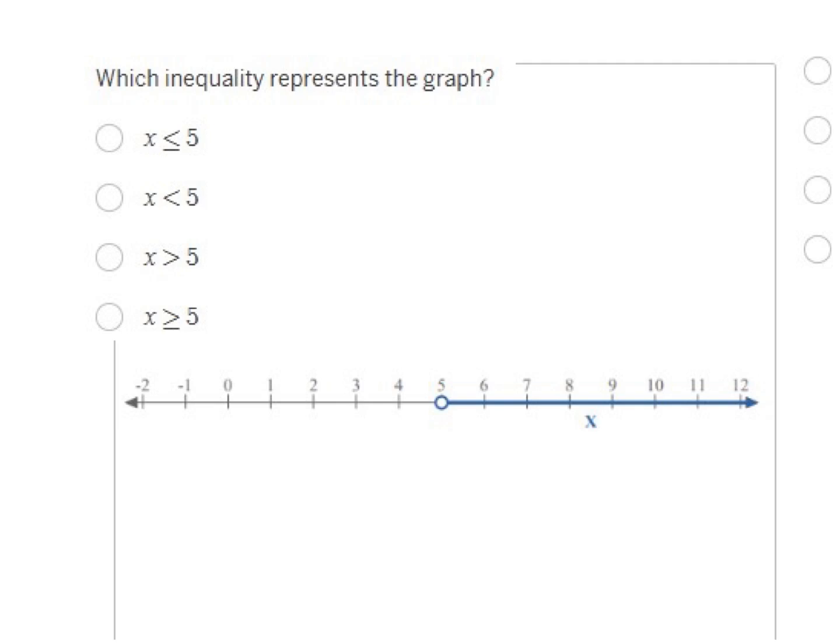So here's another example of a number line showing an inequality. And so in this case, everything starts at 5. So 5 is important. Everything is going to the right, so we're going to put that symbol. We're going to put the x here, and then we're going to decide do we need it to be greater than and equal, or just greater than. If the circle's empty, it's just